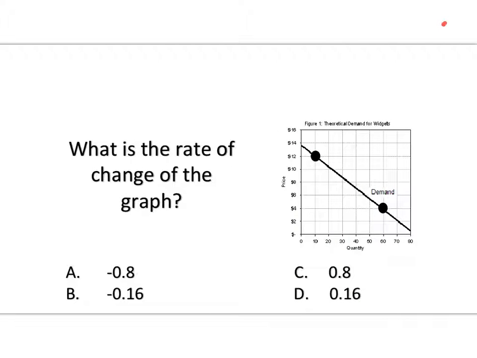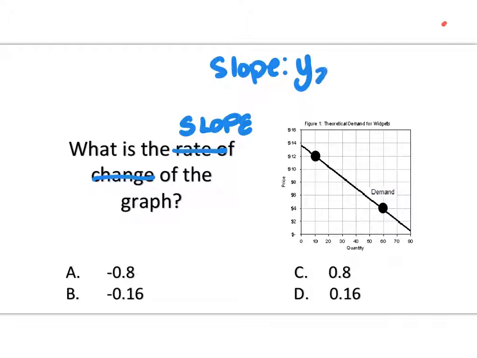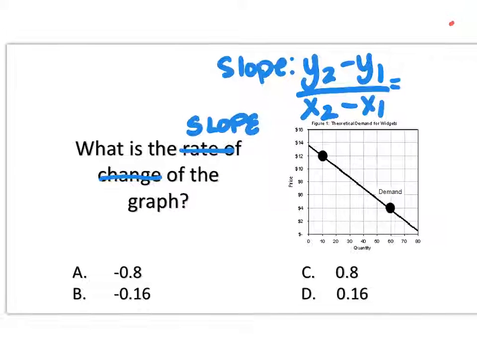What is the rate of change of the graph? Well, first off, what is rate of change? We're going to cross that out, and we're going to put slope. Now, slope is not y equals mx plus b. Slope is y2 minus y1 over x2 minus x1. So I'm going to pick 2 points. The points I'm going to pick on this graph is 10, 12,